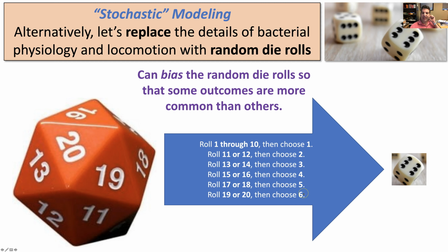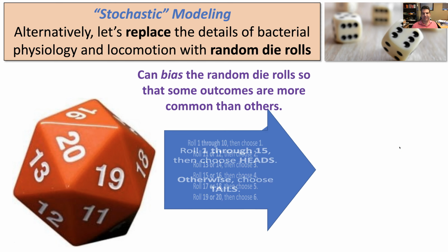So now my modeling task goes from modeling the details of what goes on inside a bacteria to describing statistically how often different reproduction events actually happen with real bacteria, and then setting up one of these maps so that if I'm rolling a 20-sided die, the die that I end up simulating with one of these maps ends up matching the kind of times that I get out of the bacteria.